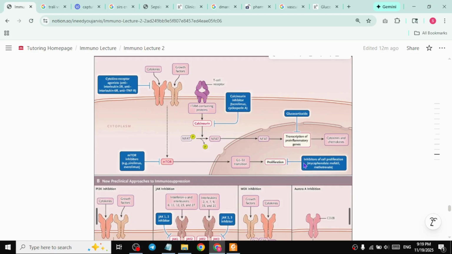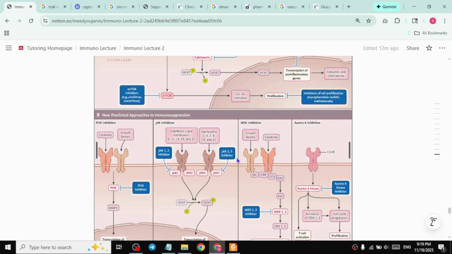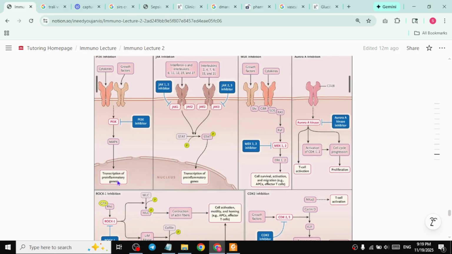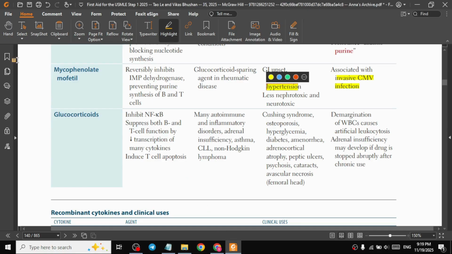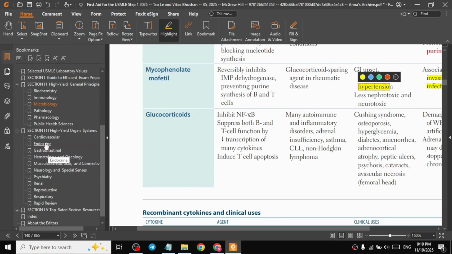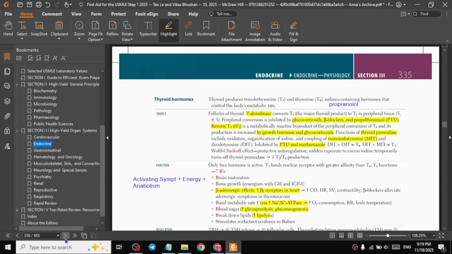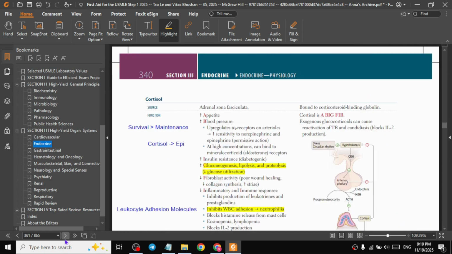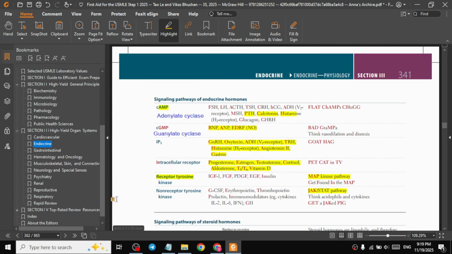Calcineurin, mTOR: you see G1 through S transition is inhibited, proliferation is inhibited. There are new types of immunosuppression. So the PI3K pathway, right? The MAP kinase is not allowing transcription of inflammatory genes. Or the JAK-STAT pathway, right? We've seen all of these pathways before. If you go into endocrine and look at how these cell signalings are mentioned,